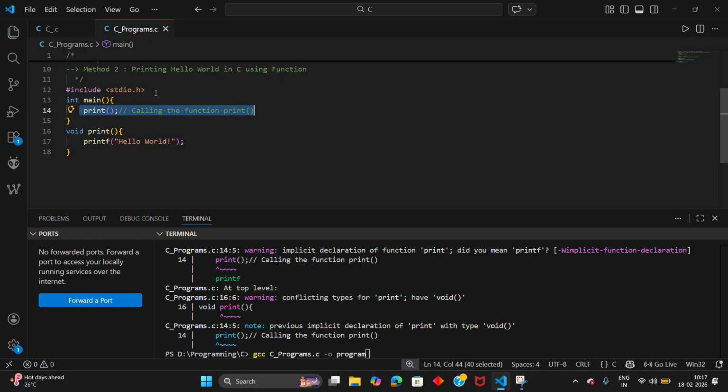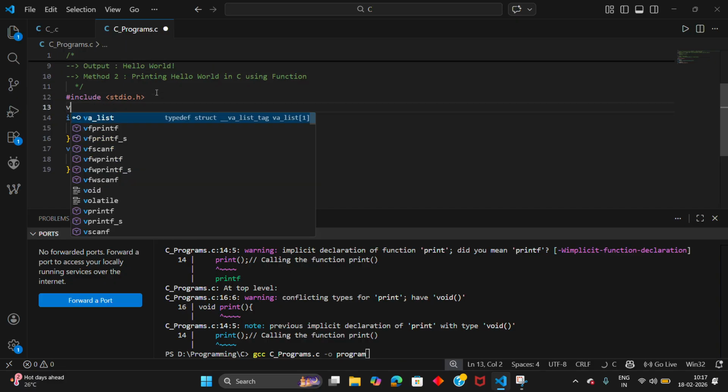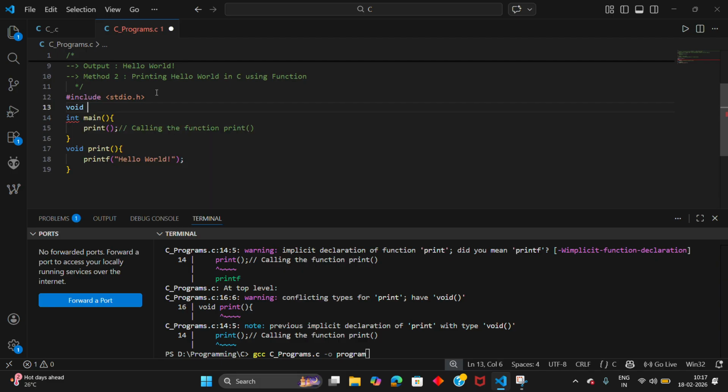So what you have to do is you first simply take the void print, semicolon. It means it is the declaration of the function. If you want to use a main function first and then you have to use another sub function in it, then this is the process.